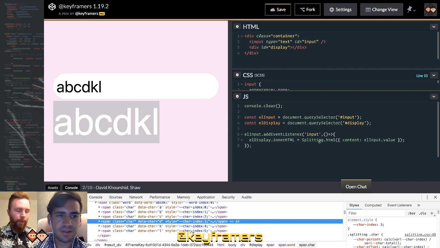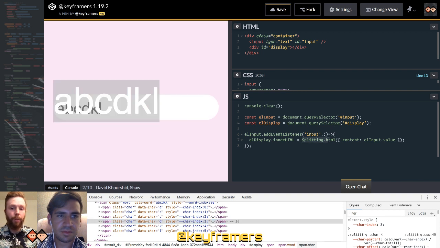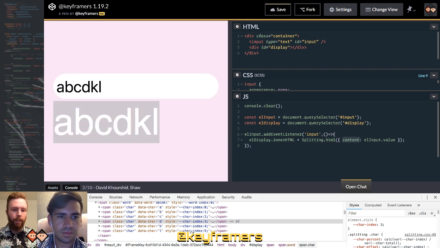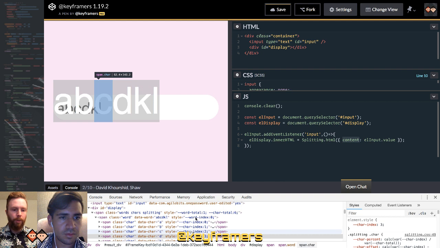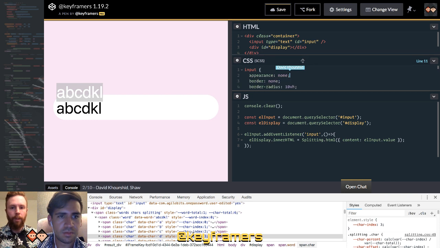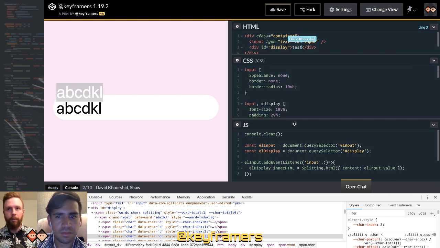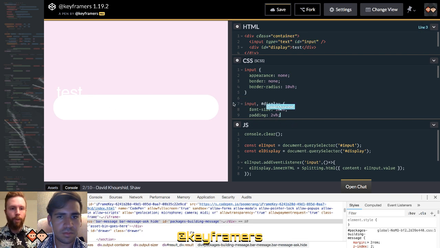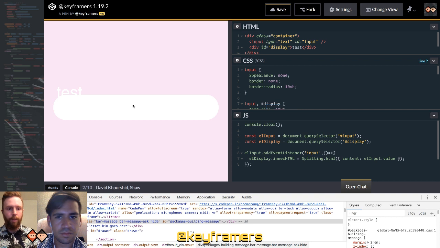So let me show what's happening here. Splitting also includes a .html method where you can just provide some content and it will automatically spit back the HTML for you to use. So if you are using Vue or React or something like that and want to populate an element with some pre-split content, or do some dynamic splitting in this way, this is the way you do it.